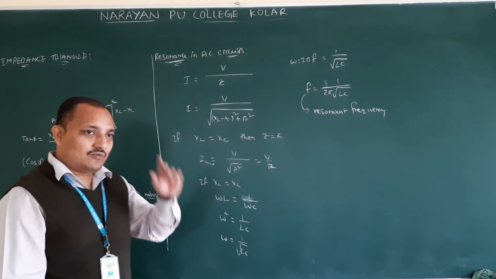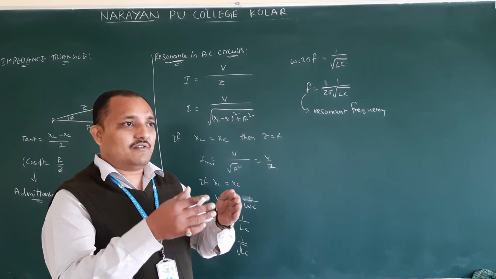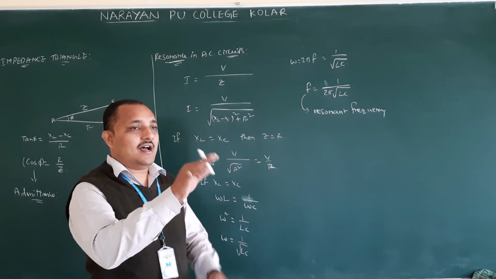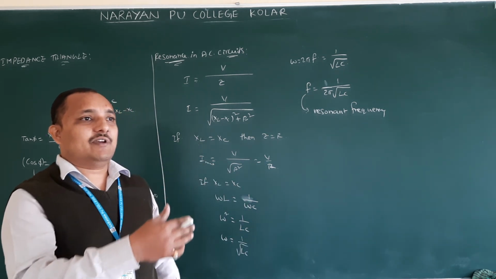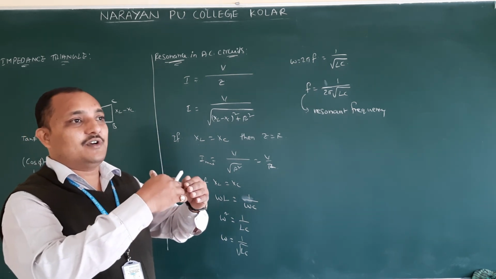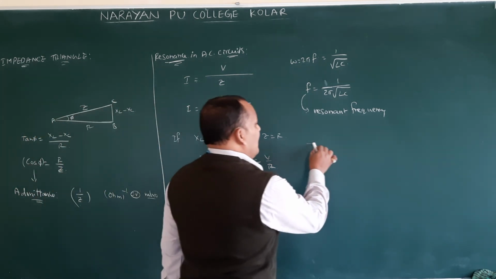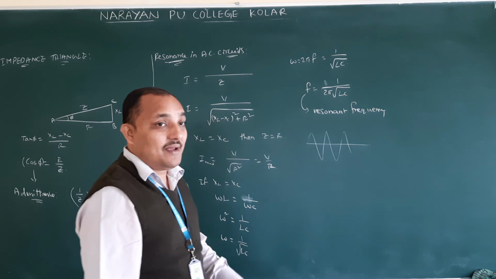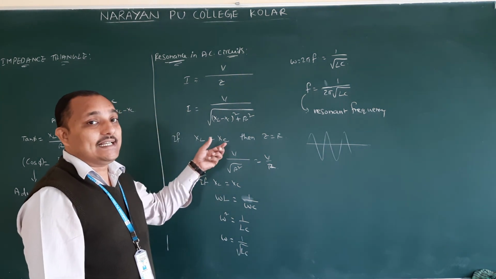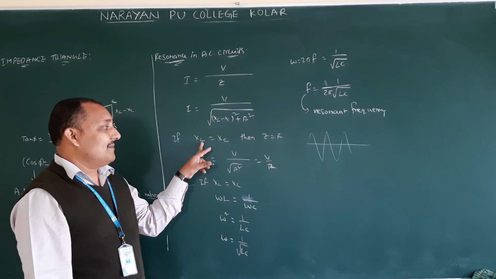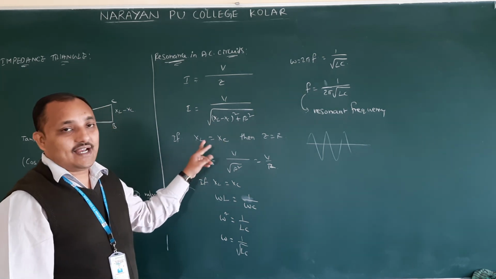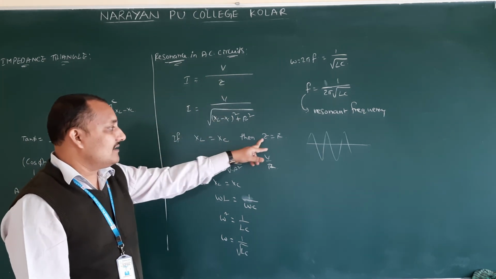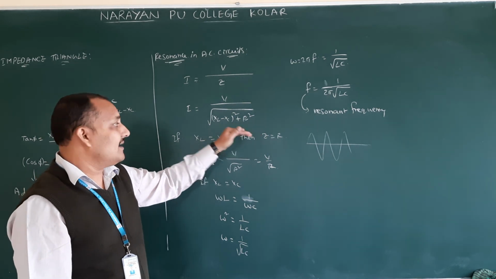Okay. So in your school stage you might have heard that when our soldiers are doing march past on bridges, they will ask them to stop the march past. Why? Because the applied frequency and the bridge frequency are going to become equal. The bridge is going to collapse, because it oscillates with maximum amplitude. Same like that, here current is going to become maximum. When is it going to become maximum? If capacitive reactance is equal to inductive reactance. Why is it going to become maximum? Because this term is going to become minimum, isn't it? Z is going to become R. At the time, Z is going to become minimum.